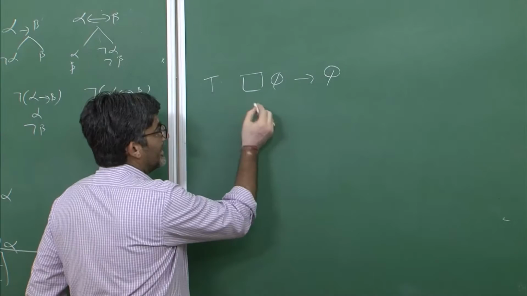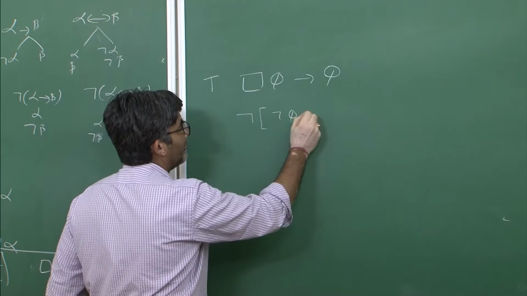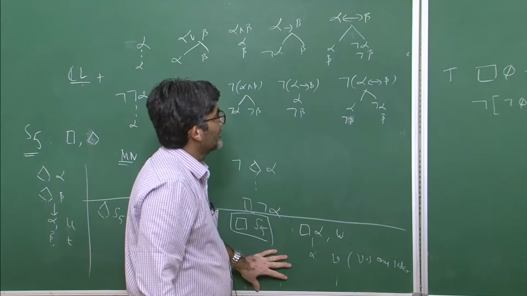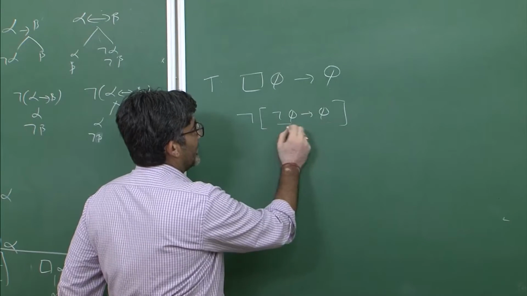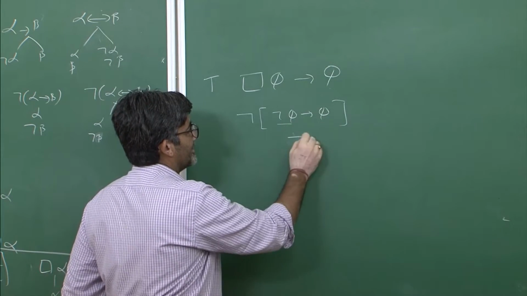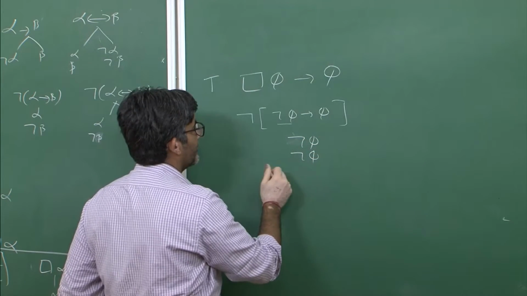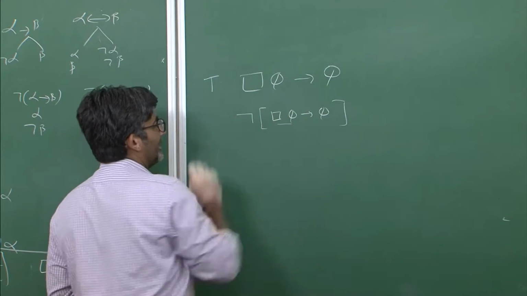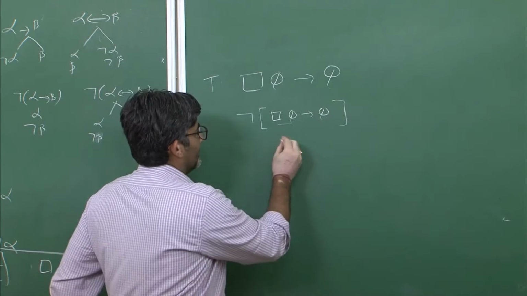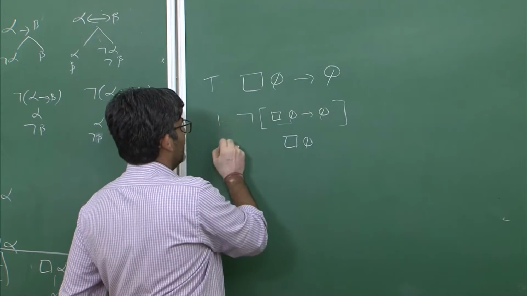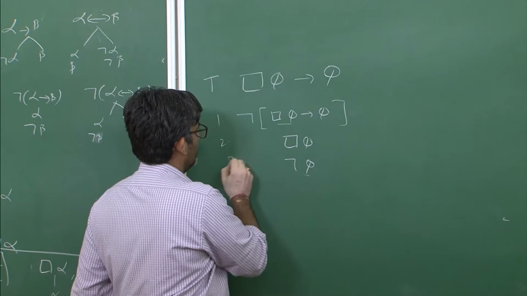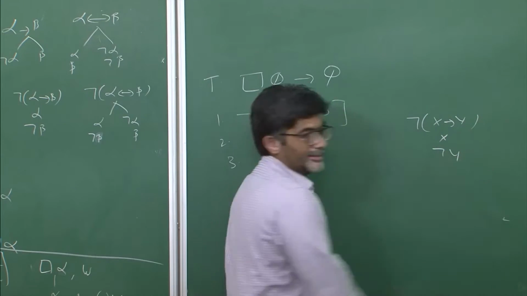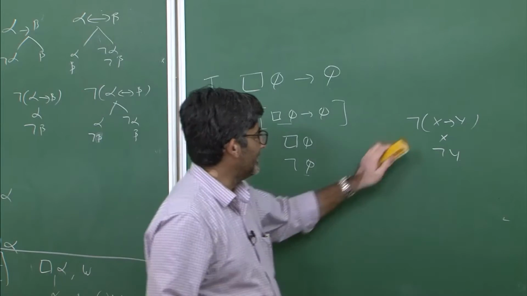Now in the semantic tableaux method, the first step is to negate the formula and start constructing the tree based on these rules. So this is like x implies y, so this is x and not y. So this symbol is this one: necessity of phi implies phi. Now the simplification of this one is this, because the negation of x implies y is nothing but x and not y. So you have used the same thing here and we have written like that.